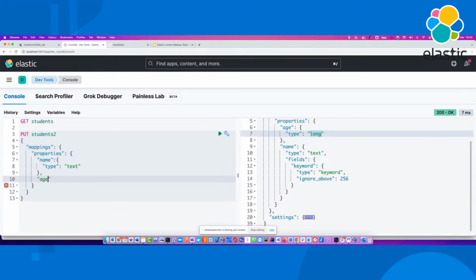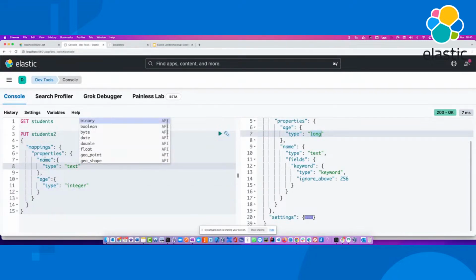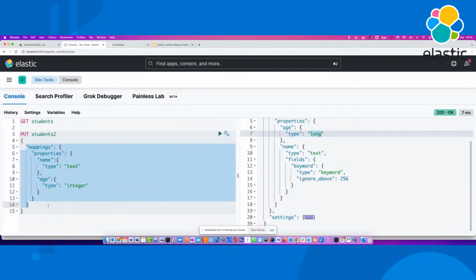If I want an age, I'm going to create an age, but this time, instead of long, I may want to create, let's say, integer. Or you can use short as well, but that's my choice. And if you really want additional fields, you can certainly do that. But look at this: I'm explicitly setting up the schema. That means you are not at the mercy of Elasticsearch deducing your data. Instead, you are saying I want to create my own mapping schema, and Elasticsearch will honor that.